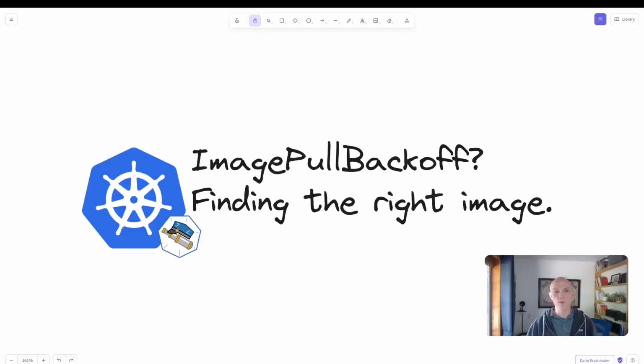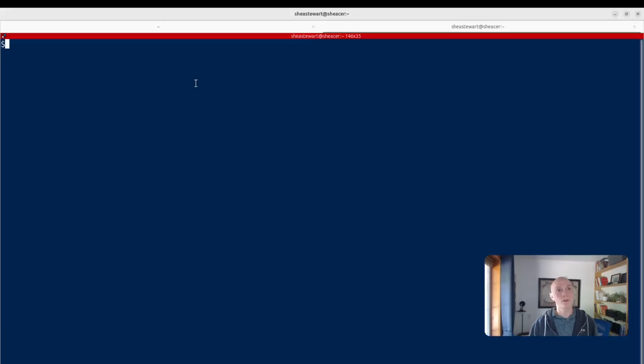So ImagePullBackOff, this is pretty familiar to a lot of people. There could be a number of issues related to why we're seeing this error message, but quite often they're just related to the name of the image or particularly the tag of the image itself. So what we're going to do